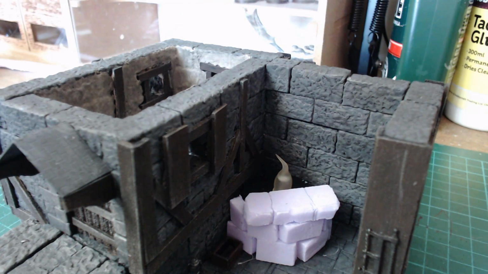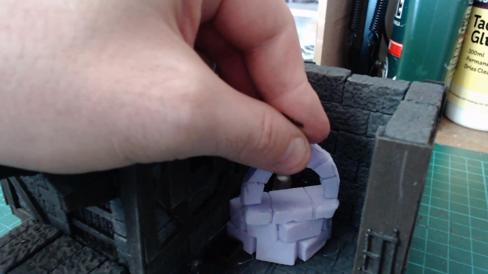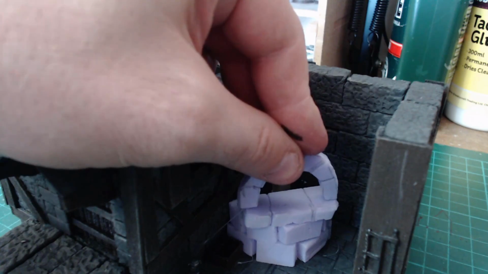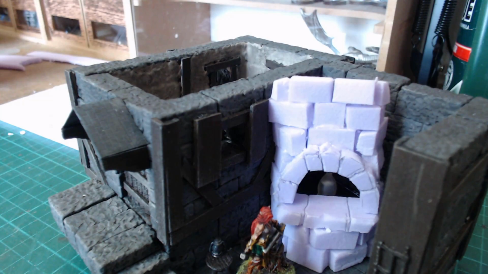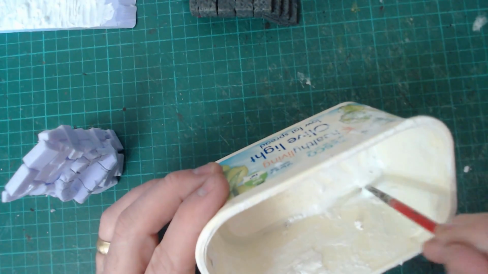I've added a stone pattern to the lintel mantle, forget what it's called, and I've done the same for the archway, and I'm now just going to glue the archway in place, again with hot glue. Here is the chimney completed with all the bricks, and what I'm going to do now is make up a mixture of